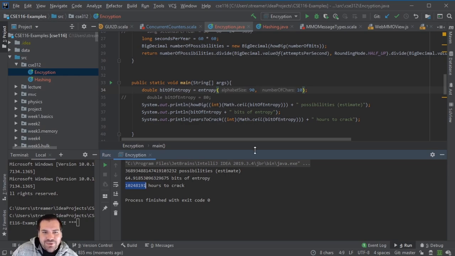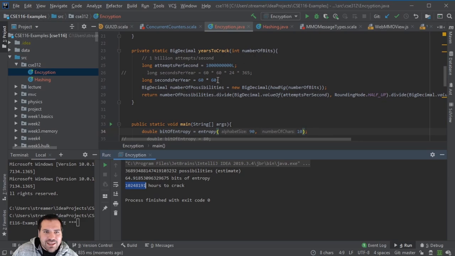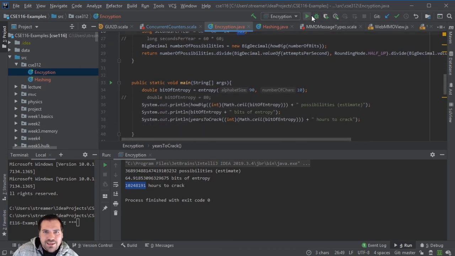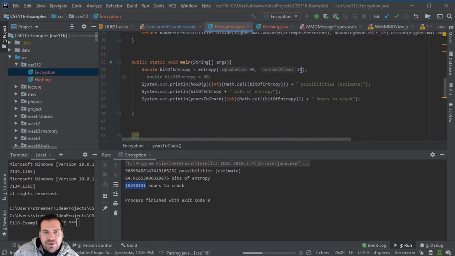This is going to increase significantly. At this point, I want to switch to the actual years to crack. I'm going to add in 24 hours and 365 days. If you have a purely random string with all the uppercase, lowercase, numeric, and special characters, and its length is 10, you have almost 65 bits of entropy, and it's going to take them